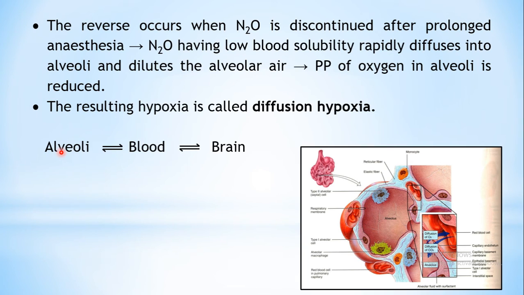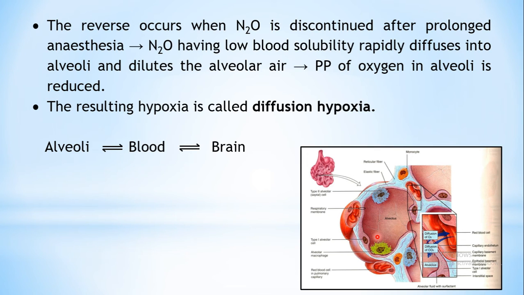Because, as we have seen, nitrous oxide has very low blood solubility. So it will diffuse back into your alveoli very quickly. From the blood, it will come out very easily and come back into your alveoli. So whatever air is present in your alveoli will be quickly replaced by nitrous oxide. Whatever was in your blood and in your brain will start coming out very rapidly, because it has low solubility in the blood. It will start occupying the entire air found in the alveolus.